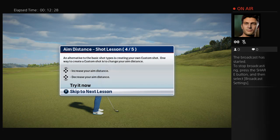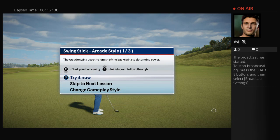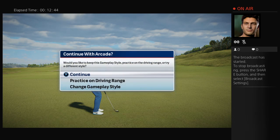Creating custom shots starts with you can further custom. There are 3 different ways to play the game. Each offers a unique swing mechanic and supporting settings. The arcade style uses a simple analog stick swing, additional aids like zoom and an aiming arc. Now that you know how to play and your training is complete,